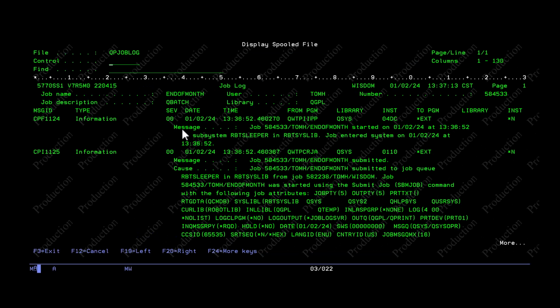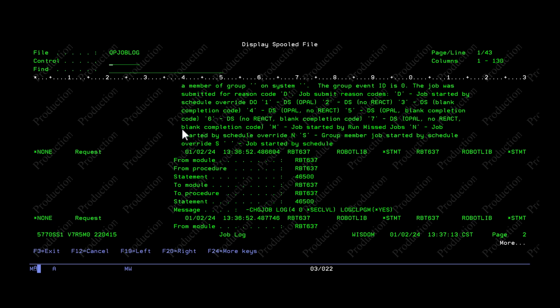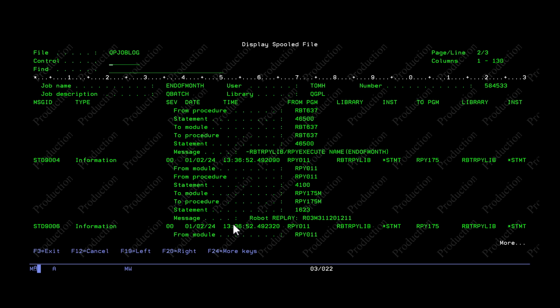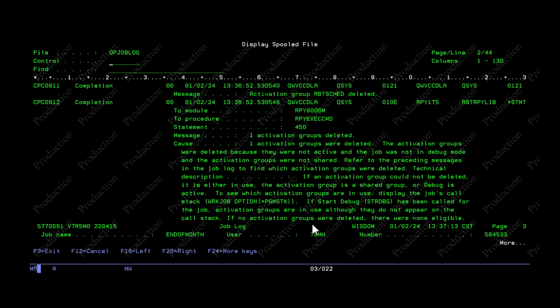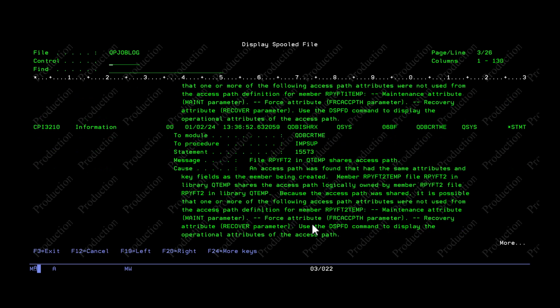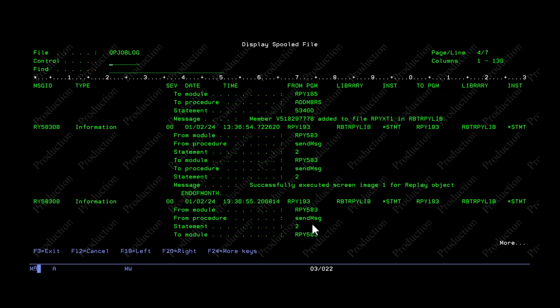Okay, this is the job log that started the batch process of running your green screens. Now, as we roll through this job log, we'll see the commands that were executed. I did a change job just to make sure I got some logging. Then we'll see our command that executes the replay object in this job log. See the release level of Replay. And then as we go down, what I'm looking for is when Robot Replay starts executing the screen images that were learned in.